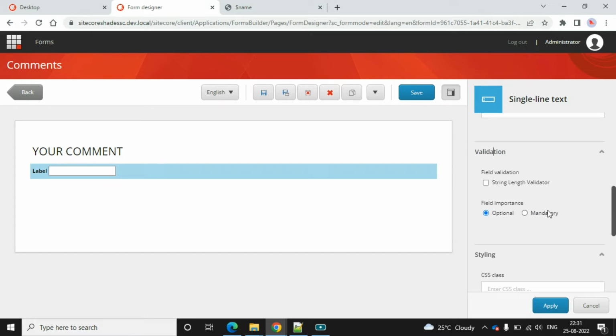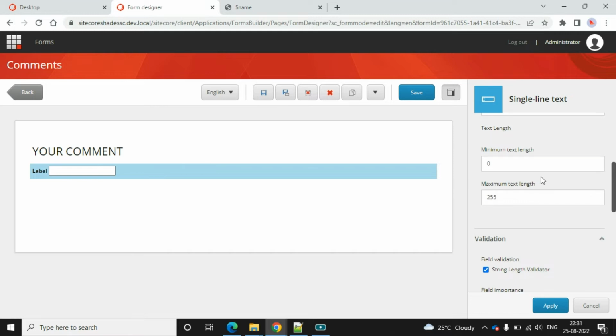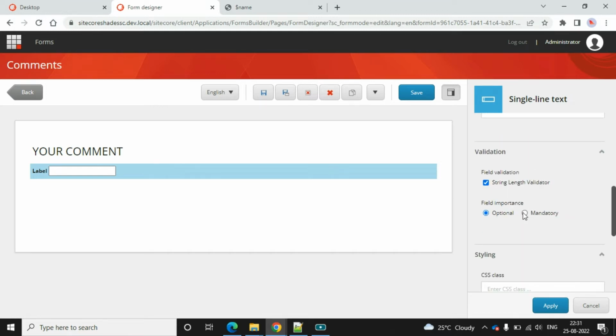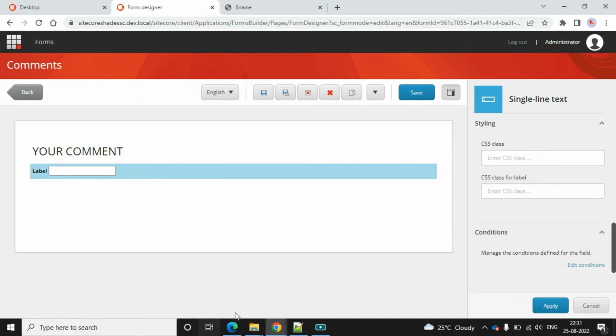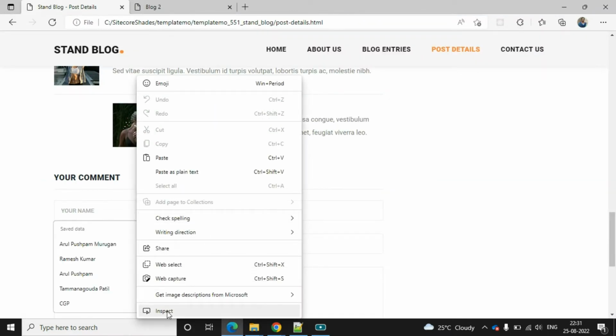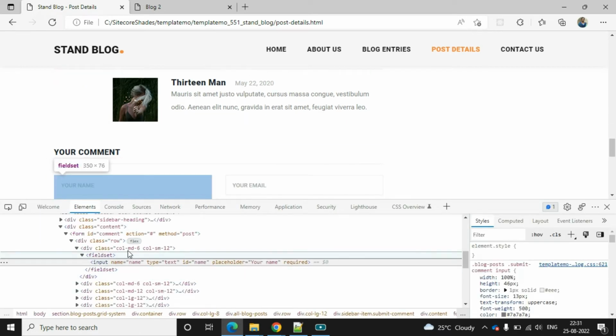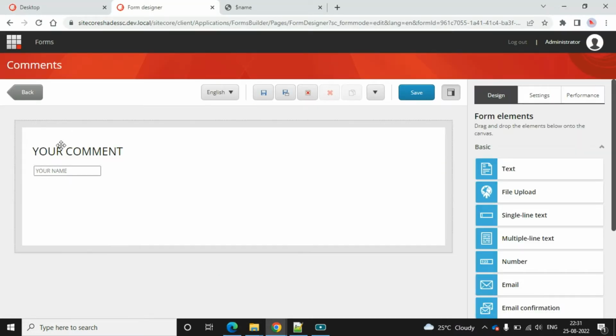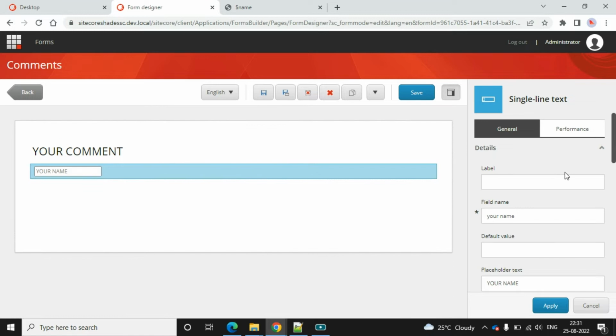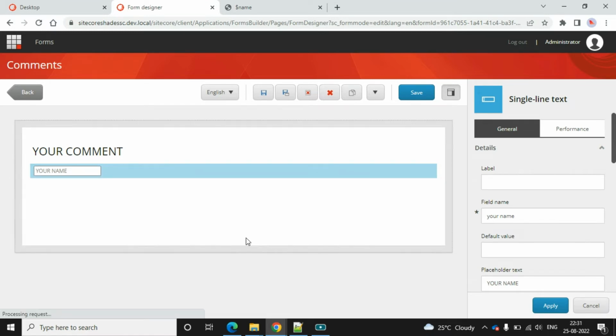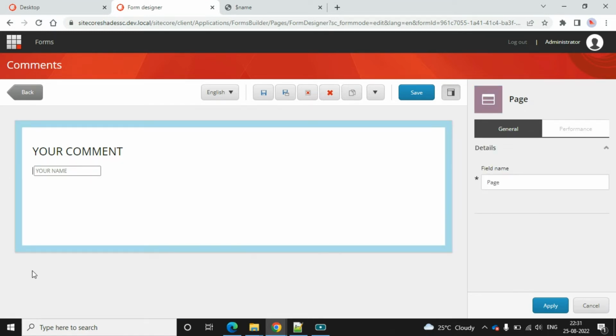is the string length validation. So here we can define the string length, and optional or mandatory. It's optional now. And for CSS, should I add any CSS here? So inspect, okay, I don't need to add any classes, and then apply. The next step is to add the next field, so click outside of the box